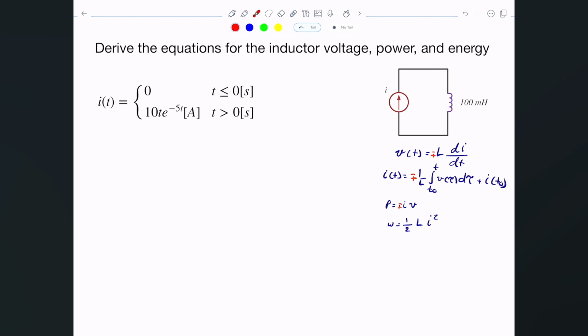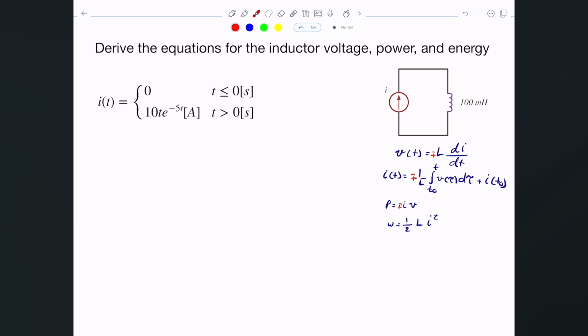Of course, these are direct implementations of these equations. For purposes of simplifying passive sign convention, I'm going to assume that the I is here and that's the V, so the I is hitting the positive for these currents. Now all we have to do is compute V of t, which is basically multiplying the value of L, 100 millihenry, times 10 to the negative 3, which is simply